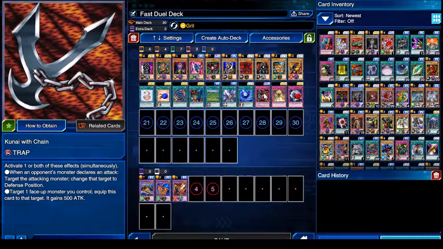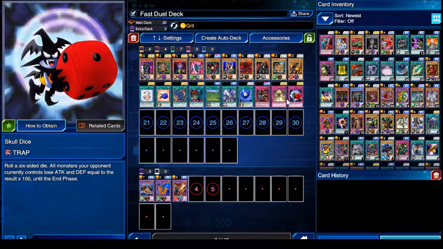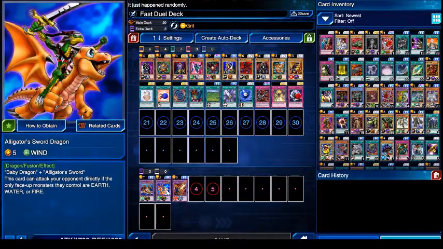Next we have Kunai with Chain, iconic card. Then Red Eye Spirit, Skull Dice, a card I used to have. I might actually have it somewhere in a bunch of old cards. Then we have Thousand Dragon. Then Alligator's Sword Dragon. I always thought this was just